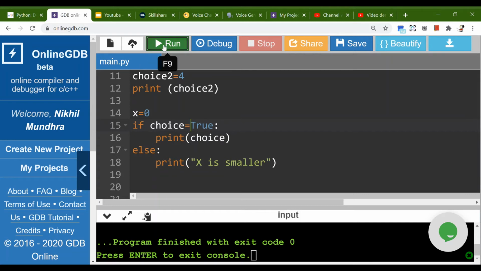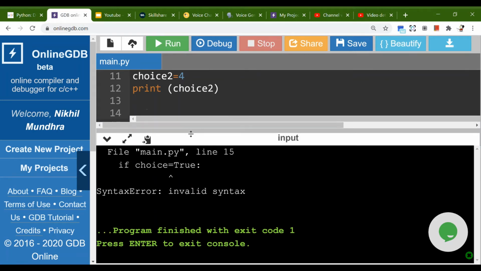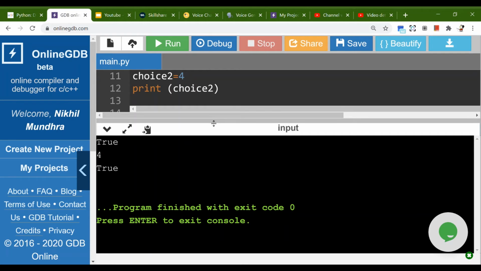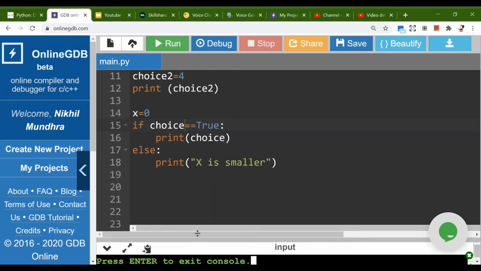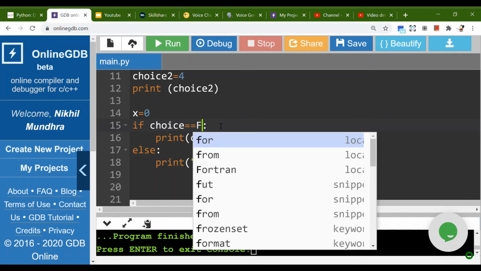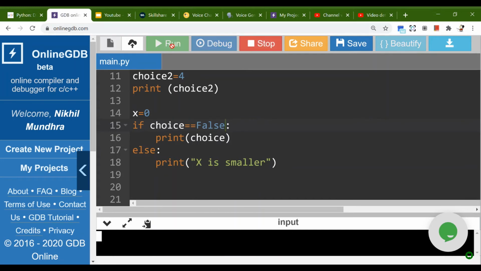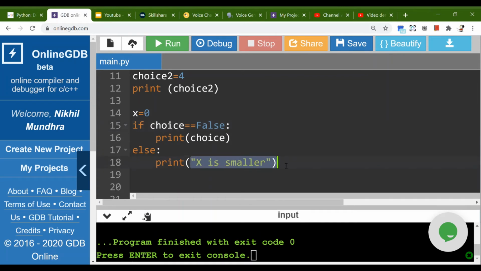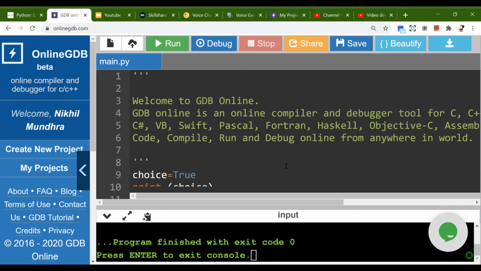If I write an equal to, it will give me an error again, because in Python you need to remember one thing: if you are making a comparison, you need to put two equal to signs. You need to visualize these things inside your mind to understand what it really means. So here, when I'm using both, it says true. So my code works, right? If I write false, the values don't match and it will go to plan B. That's how it works, right?